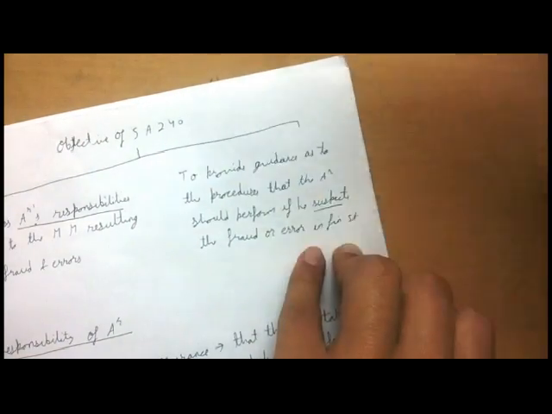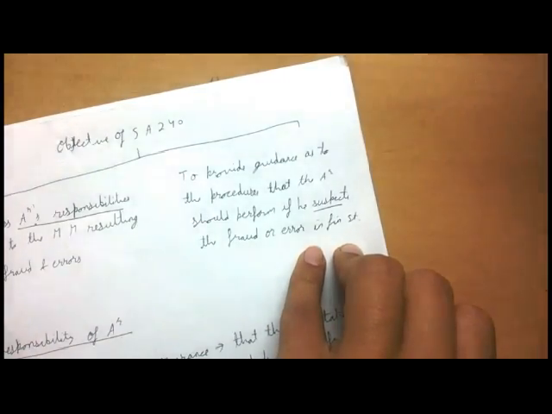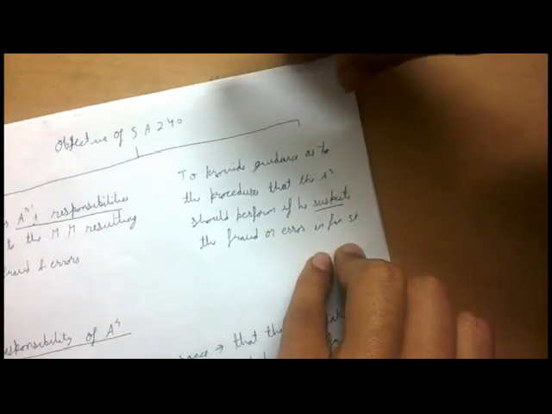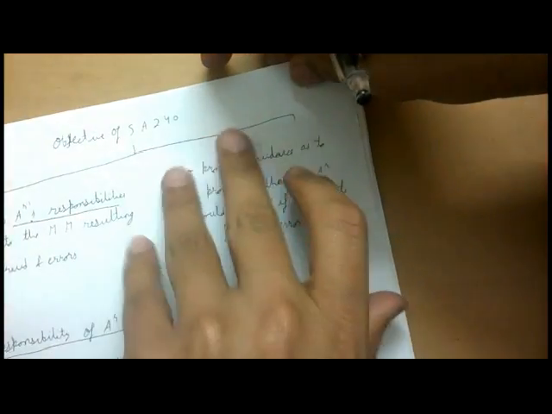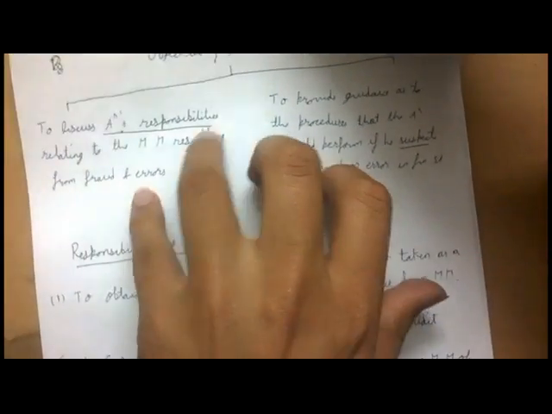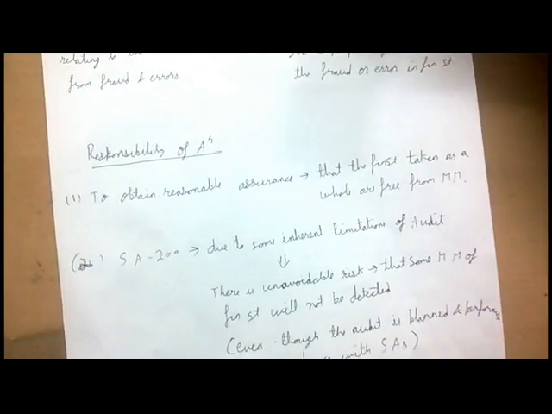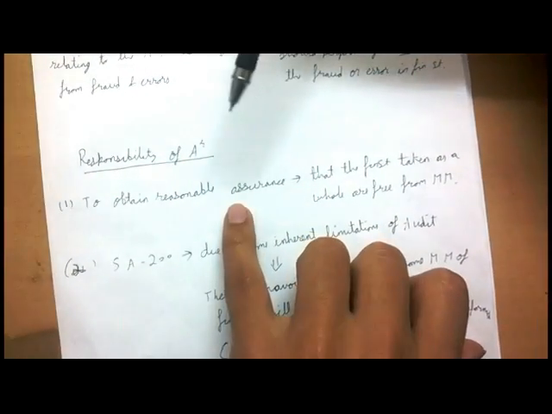So it provides guidance to the auditor regarding the procedures that the auditor should perform under such case. This particular standard provides guidance to the auditor as well, and what is going to be the auditor's responsibility. So the first thing we are starting with is the responsibility of the auditor, then we'll move on to the procedures as well. So the first responsibility of the auditor is to